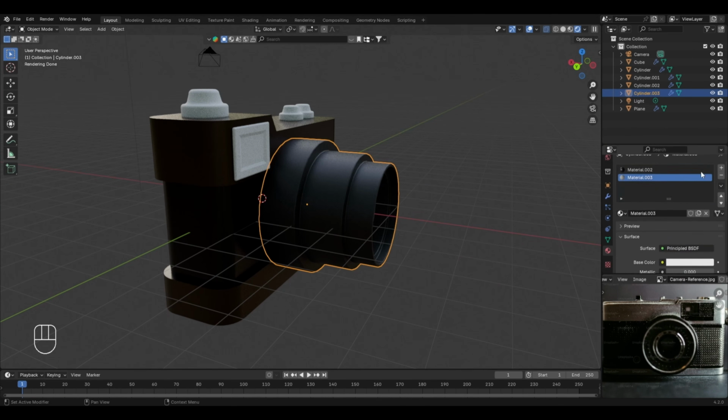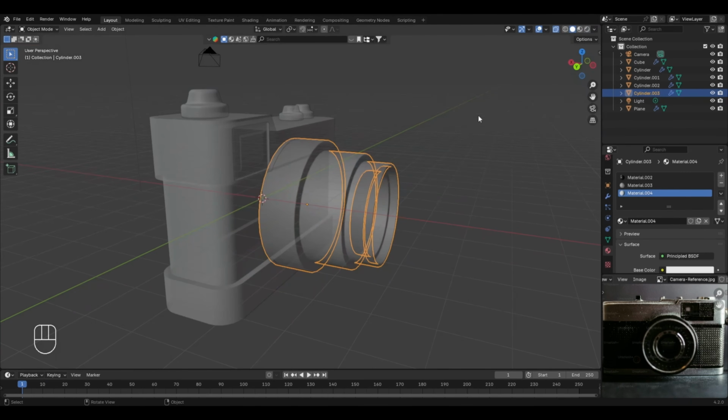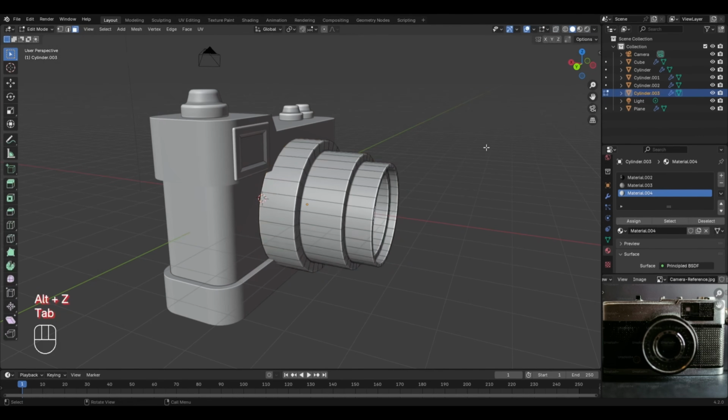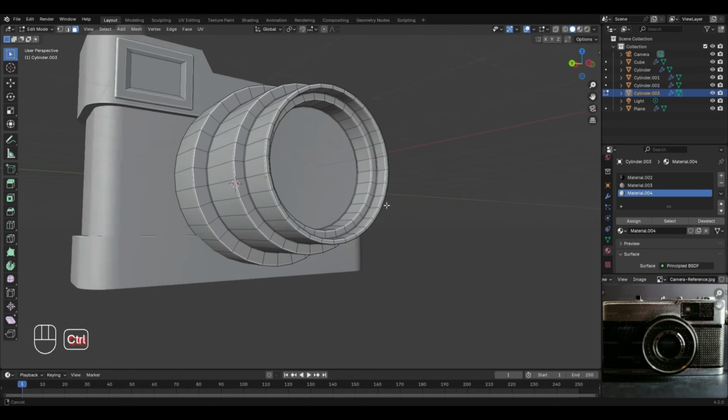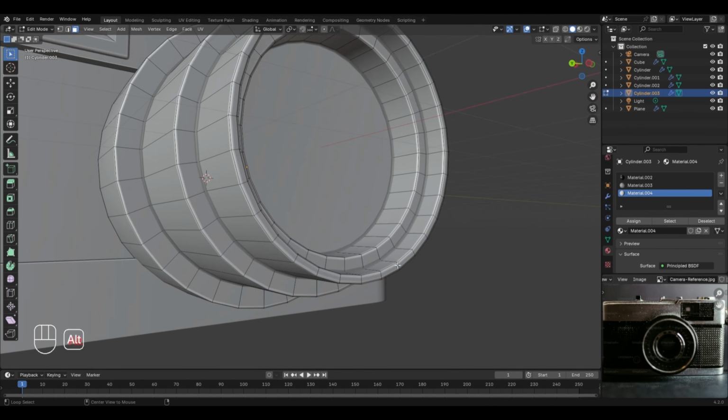So for this, let's first create a new material by clicking on the new button, then go to the solid mode, and with the camera lens selected, press tab to enter the edit mode, then deselect everything, and we'll now select all these faces which are here on the outer edge of the camera lens. So to select them, press the Alt key, then left click here, and with this particular face loop will get